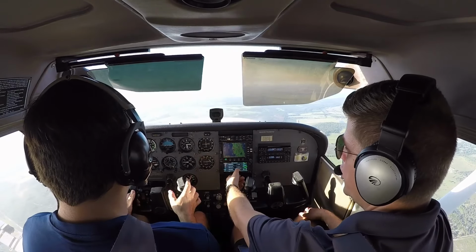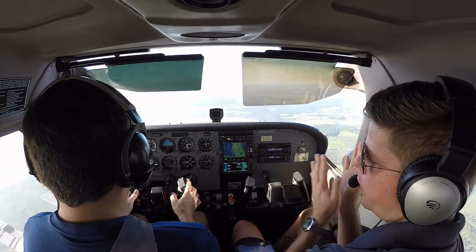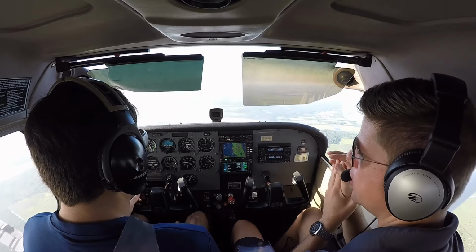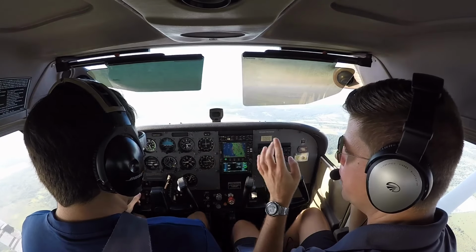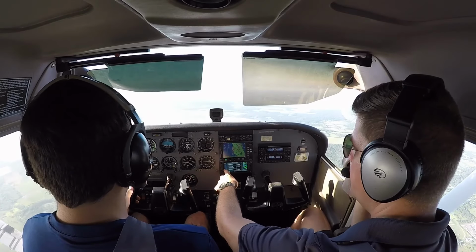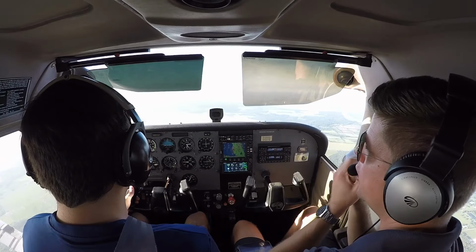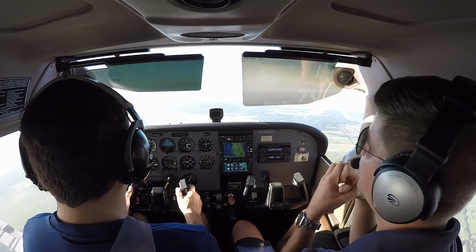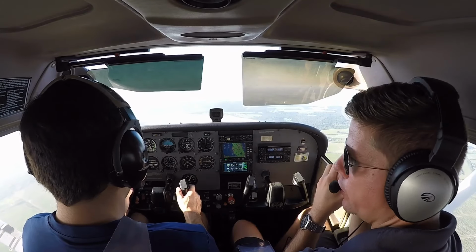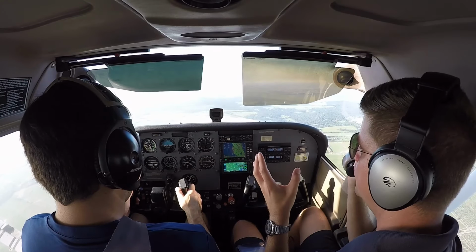The short answer is this 119.65 is probably the one we want, but we don't know 100% right now where we are in relation to Tampa. But I'm 99% sure based off our position that that's the frequency we would get. The point that I want to bring up, though, is that let's just say we were in Tullahoma, Tennessee, or something like that, right? I have no idea what the approach frequencies are right there. So my go-to,